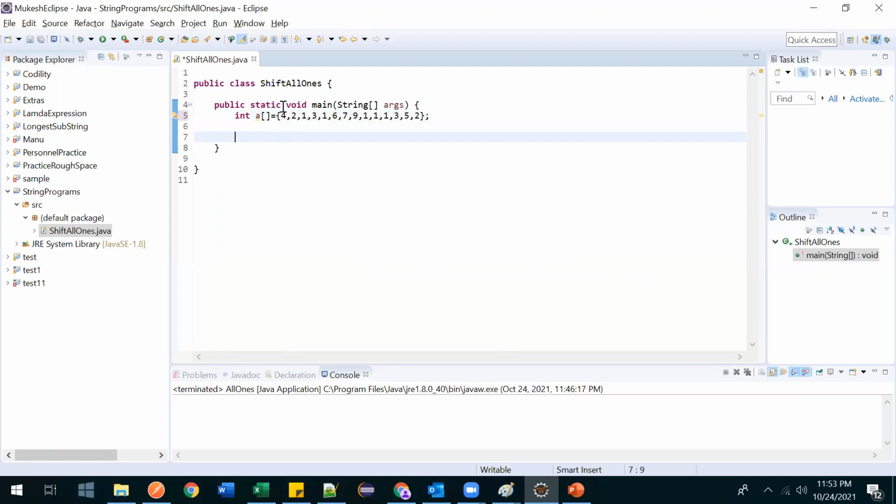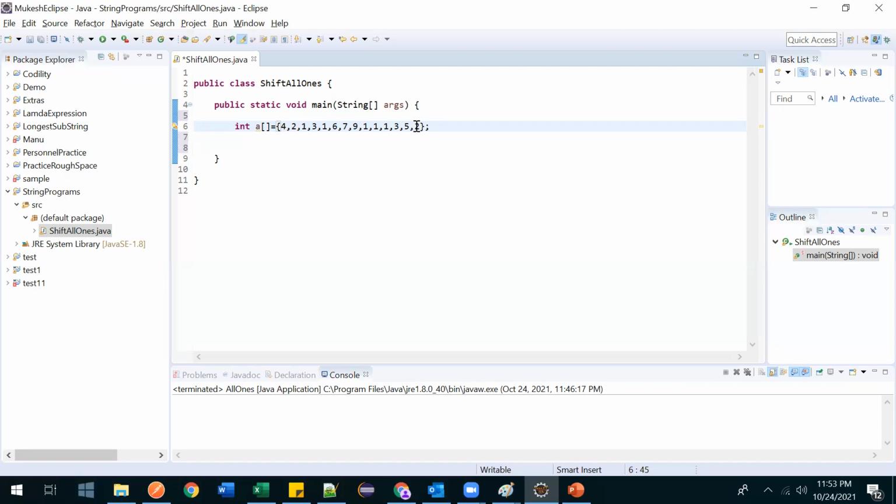Now what will be our approach to solve this? We'll take two pointers. One, i, from this end. i will increase wherever the value is not equal to 1, because we have to shift it to the right-hand side. So i will traverse from this end and j will traverse from this end. Wherever we find 1 on the j side, we will stop there, and from the i end wherever we find a value which is not 1. So first, i will be here and it is not equal to 1, so i will stay here only.